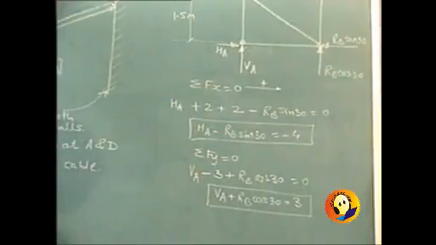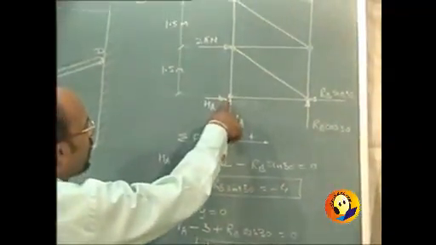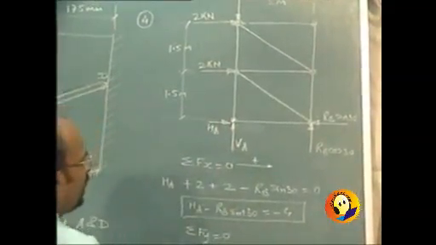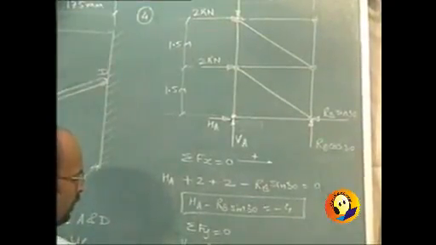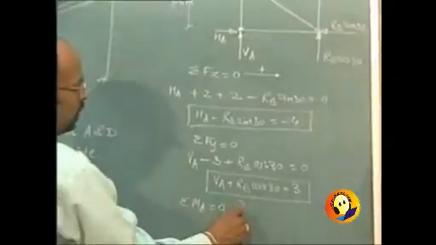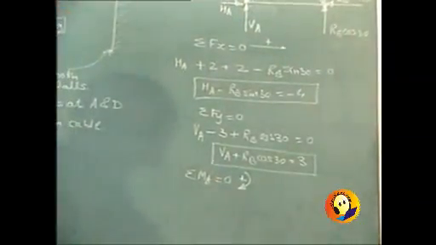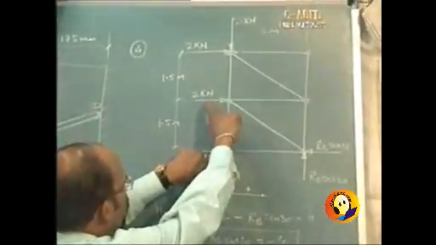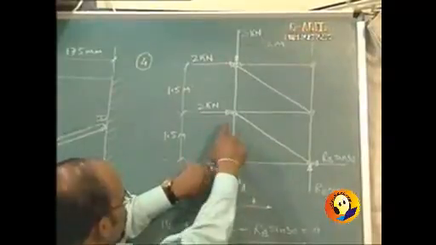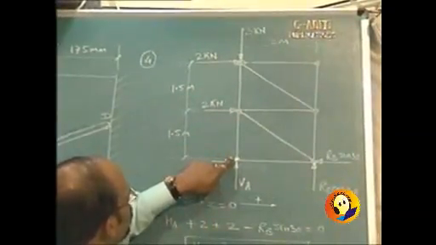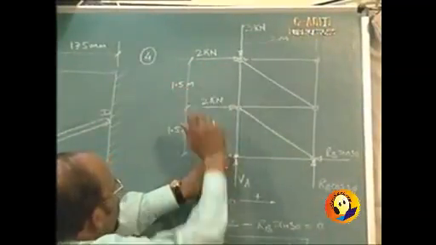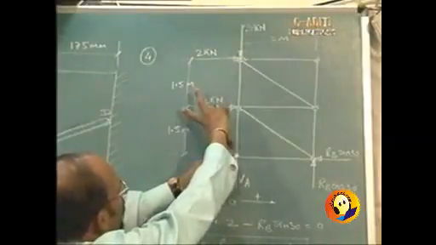Now let us take the moment, and now moment should be taken about point A, because through A, HA and VA are passing. So when we take moment at point A and equate it to 0, it will be sigma moment at A equal to 0 with clockwise as positive. Let us check all the moments. About A, this 2 kilonewton force will produce a clockwise moment which will be 2 into 1.5, so positive. This 2 kilonewton force will produce a moment of 2 kilonewtons into perpendicular distance, that is 3. So 2 into 3 again clockwise.